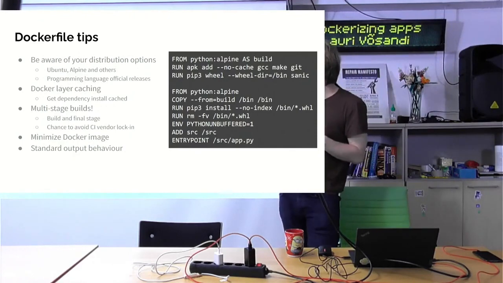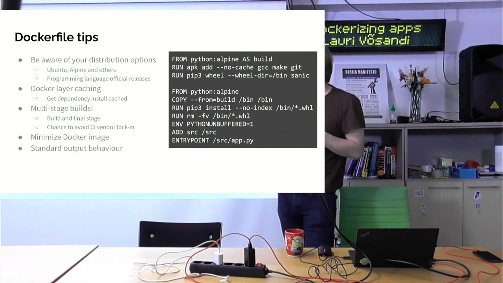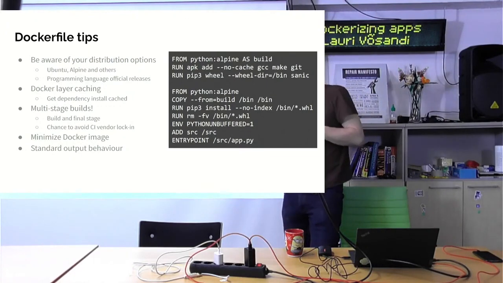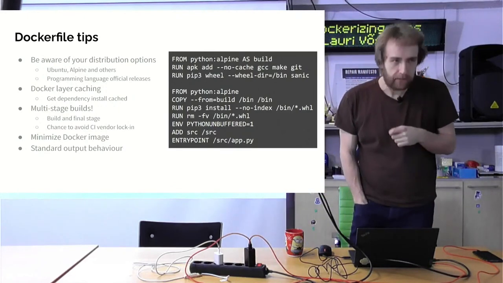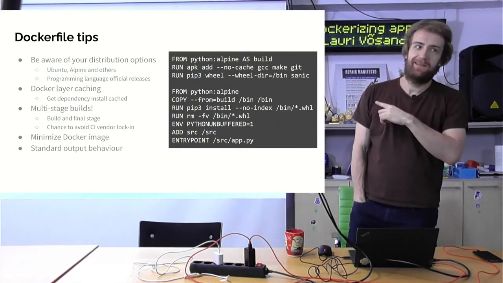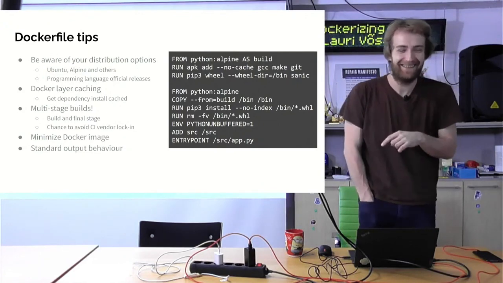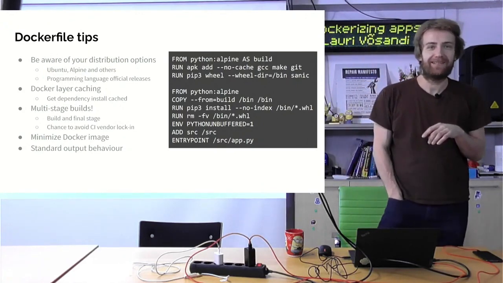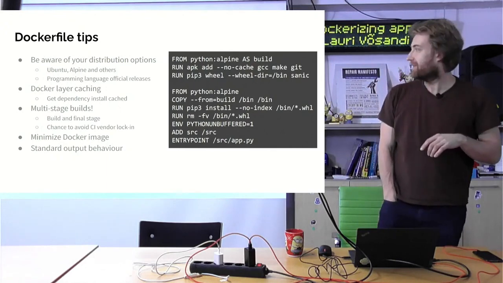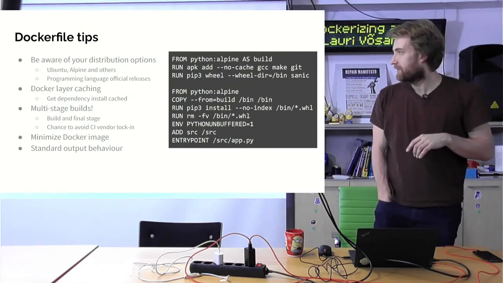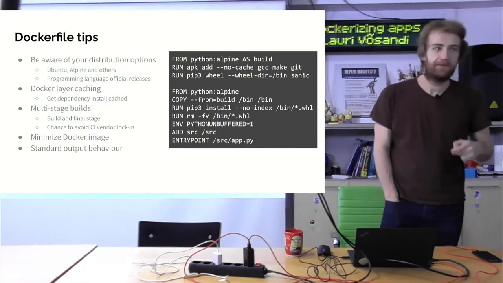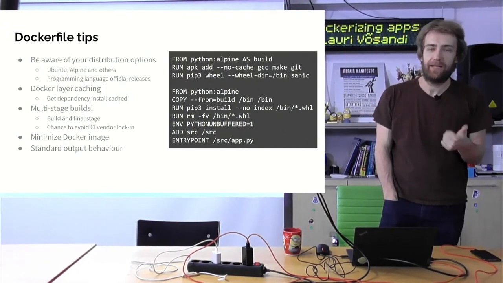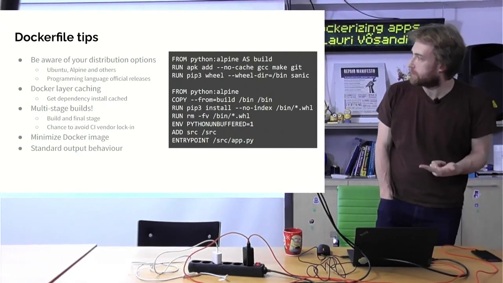So I would be copying these wheel files to the final image, install them, remove the wheel files, and add my application source code to the image. Did this make sense? Yes. So in a way, it's like being obsessed with how much you can shave down the image size. So if you use image layer caching, if you use multi-stage builds,